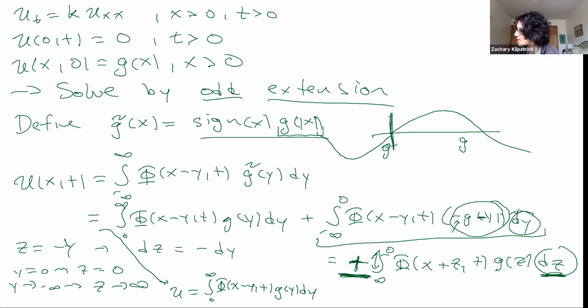That means when y is negative, I need to take the negative value of y. So negative times negative gives me a positive. Okay. Sorry, I screwed this up, but this dy here becomes a minus dz. So then you get a plus sign up front. Then when you flip the direction of this integral, now you get